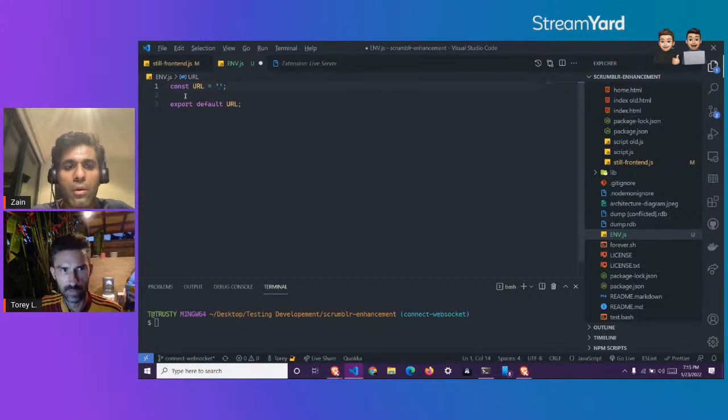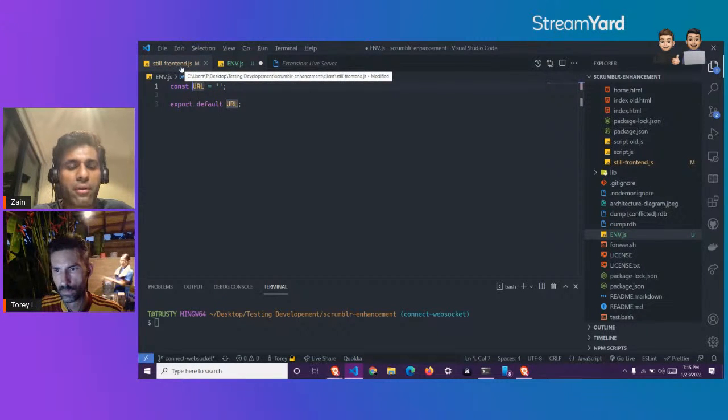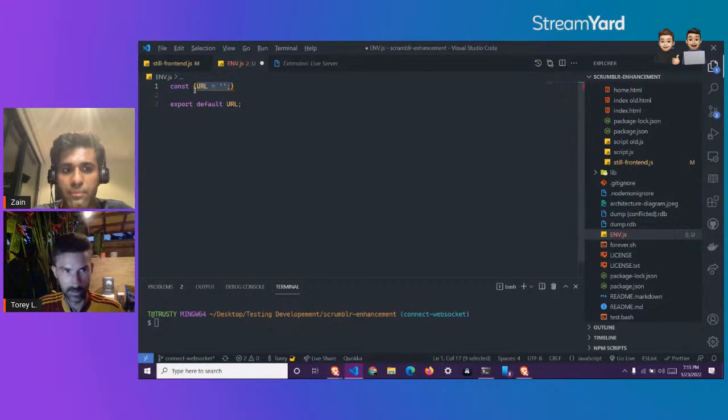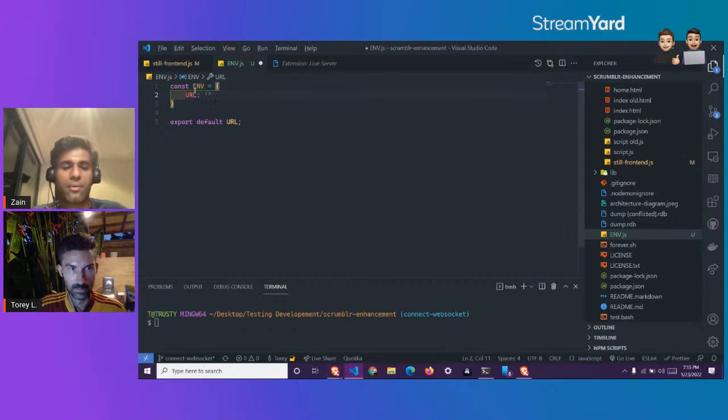Is it some type of object or something? Yes, so it's an env object. It's in the private chat. Gotcha. So it looks like this, and then you have something like URL. Yeah, exactly.